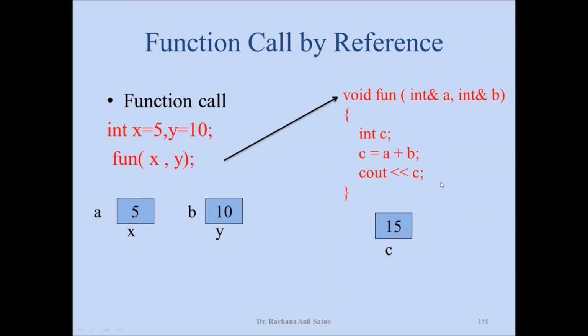Now what is the need of doing this? Function call by value creates unnecessary variable spaces in the function definition whenever the call executes. We can avoid that by creating references. Whatever result we generate here will get directly reflected in the original variables. So it is a more convenient way to reflect whatever changes we make in the function directly to the original variables. This way we can use call by reference in C++.